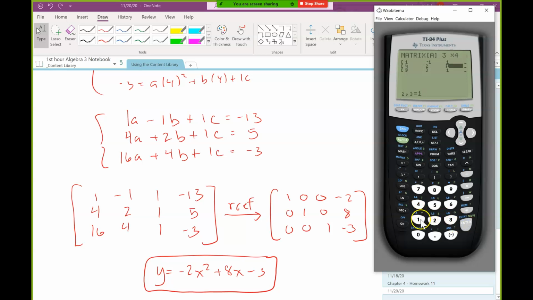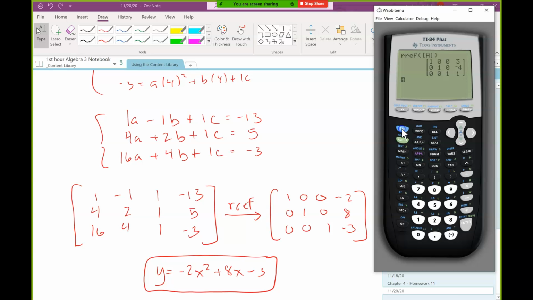4, 2, 1, 5, and then 16, 4, 1, negative 3. Once I've done that, I can exit out by pressing second and the mode button. Now on the main screen, I want to get rref of Matrix A. To get the rref, I go back to the